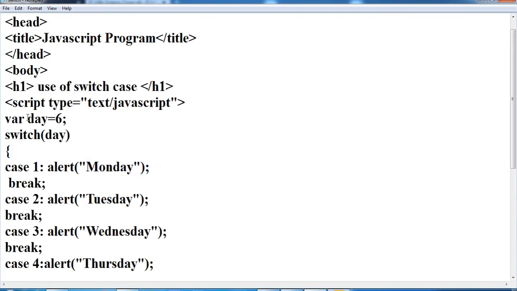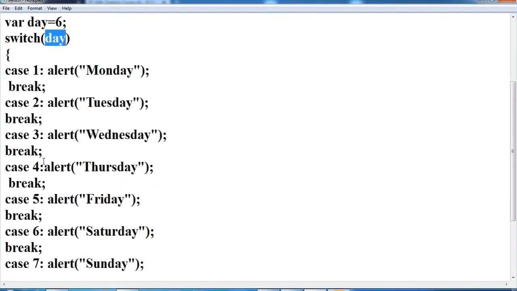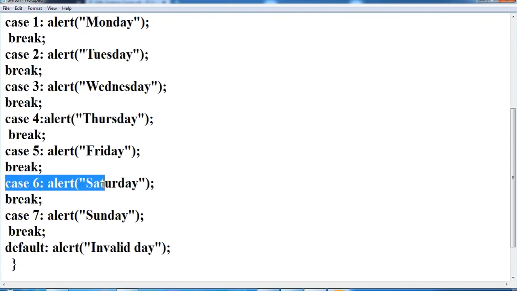Here are the cases, and for each day, suppose I give 1, then I will go to case 1. My day is now 6, day is equal to 6. So here the switch value of the expression will be 6 and it will go to case number 6. So the alert should be Saturday.